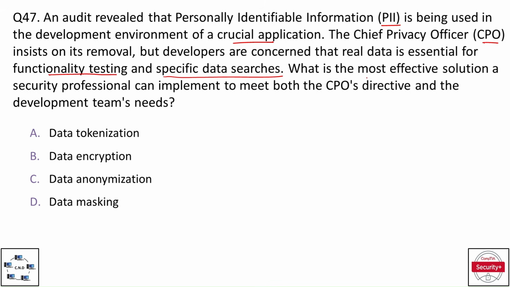What is the most effective solution a security professional can implement to meet both the CPO's directive and the development team's needs? The options are option A, data tokenization; option B, data encryption; option C, data anonymization; and option D, data masking. And the correct option is